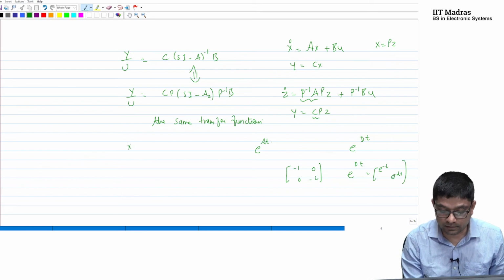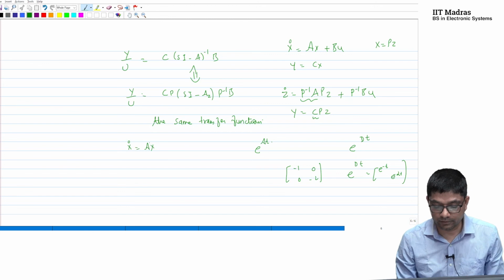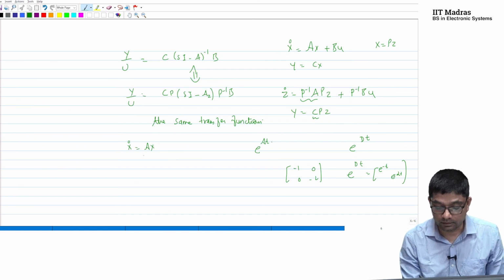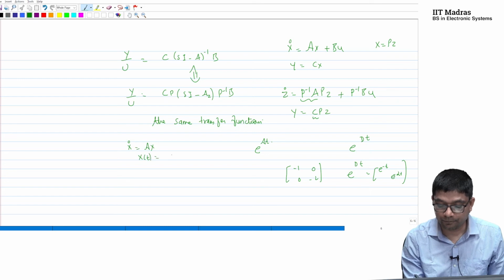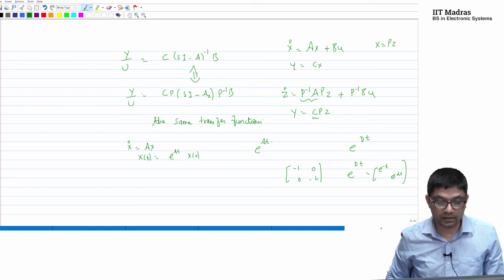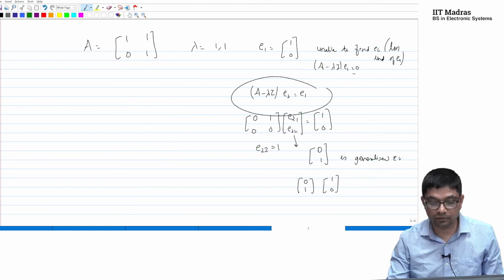So I start with x dot equal to Ax. I ignore the B for a while, even though we lose no information because of that. The solution will be x of t is e power At x naught. And now say with the help of some coordinate transformation,